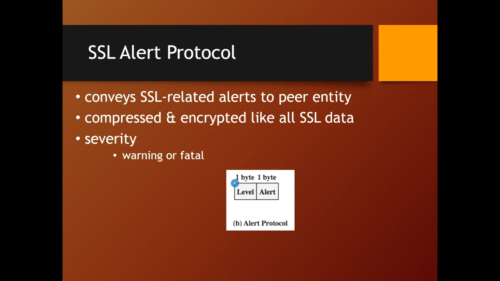A connection is a transport that occurs between the client and the server. So if the level is fatal, it will immediately terminate the connection, and other connections on the same session will continue, but no new connection on this session will be established. Whereas the second byte contains a code that indicates a specific alert.